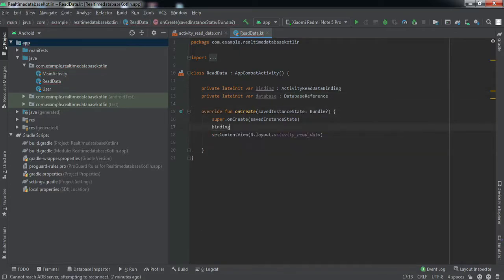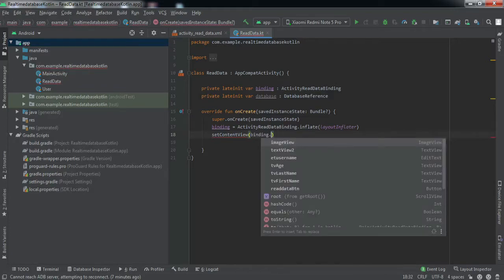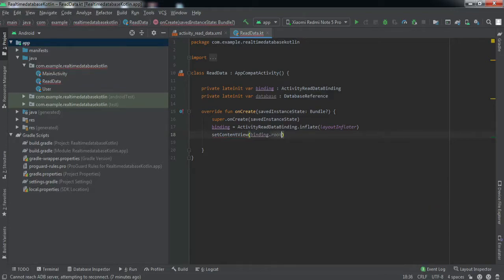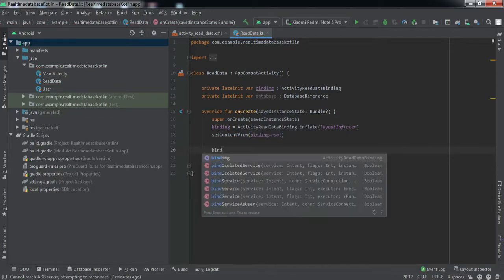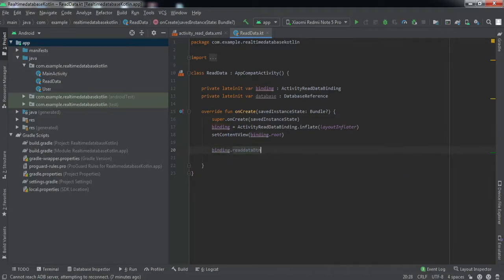Now we'll create an object of the view binding class, binding dot root, right? If you do not know how to implement view binding, I've already made a separate video on that. You can check out that video.